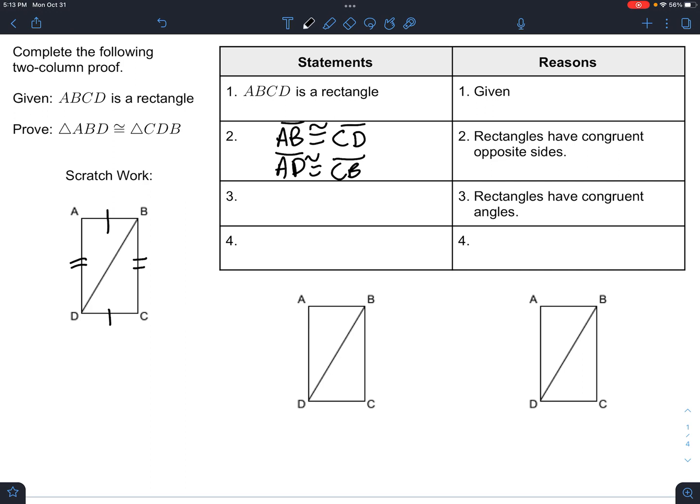And we also know that rectangles have congruent angles. All their angles are right angles. So we know that these two match. Okay, so